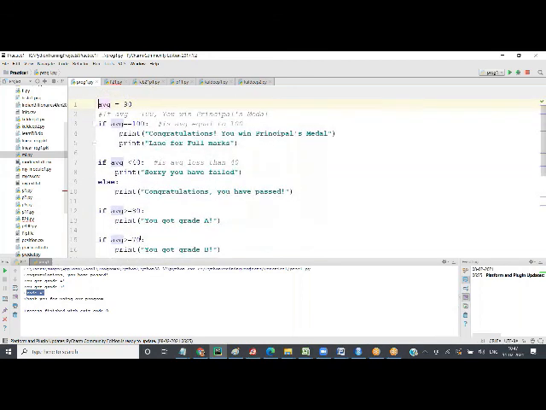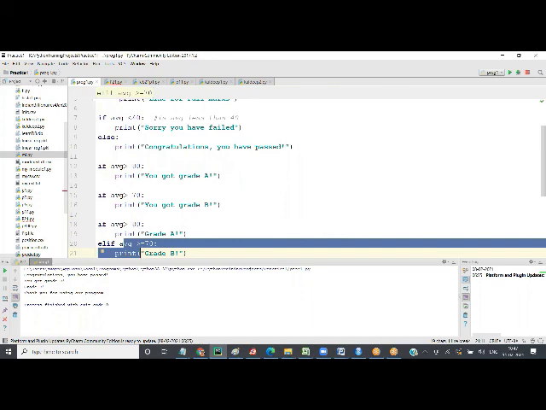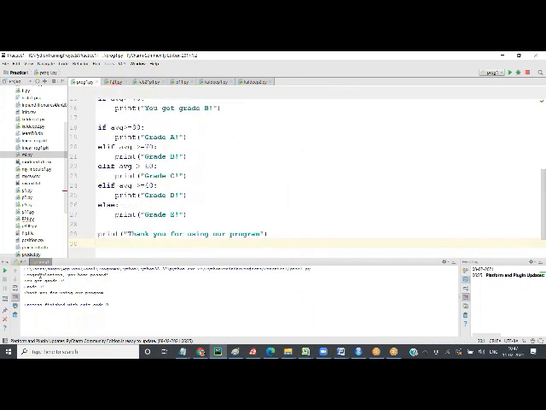And if I make it something like 75, this is false, so grade A will not be printed. You get grade B printed, because here this condition is false, so it goes and checks the second condition. Grade B, and then it comes out. And this is the default line, so this will be printed every time.